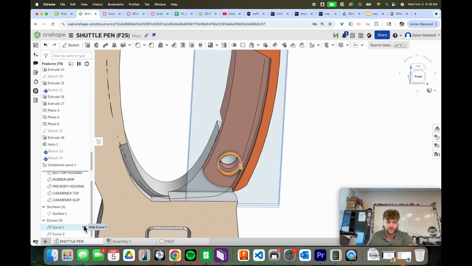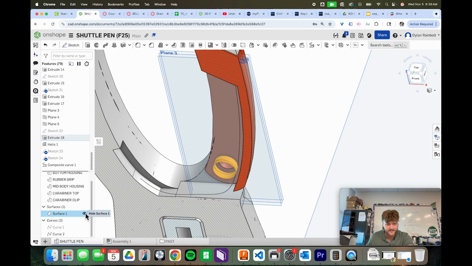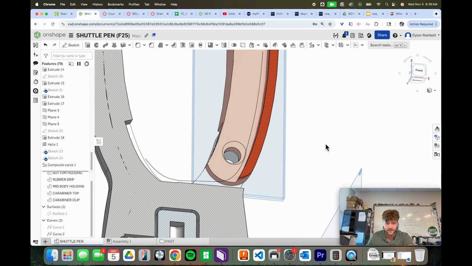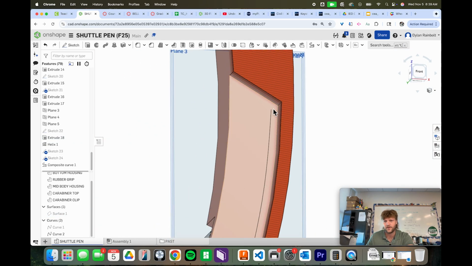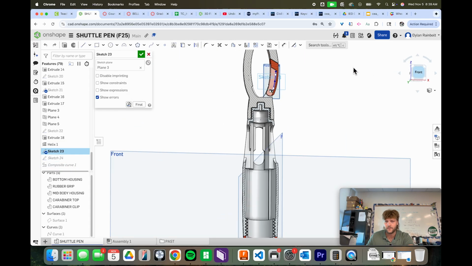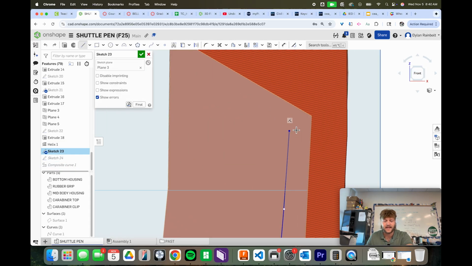What I'm going to do with curve 1, that's just for a helix, I'm going to hide that for now. We also have that surface in here, so you could also hide that surface as well. But now what we want to do is create the actual circle that's going to be swept. So if we go back into sketch 23, I can create a construction line